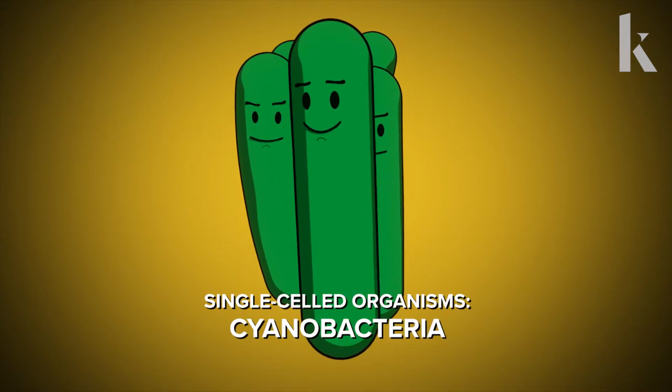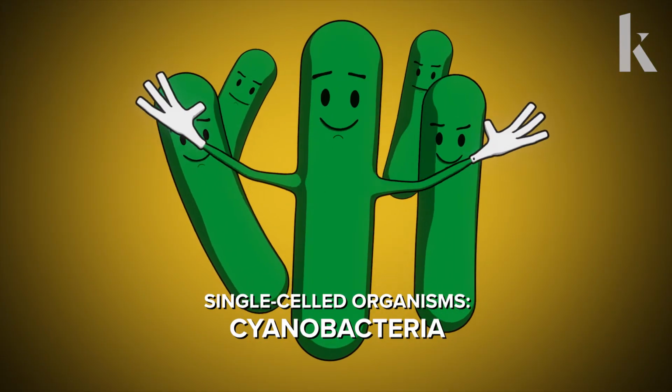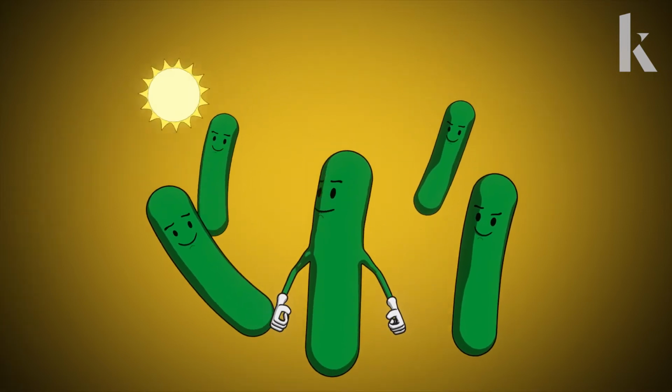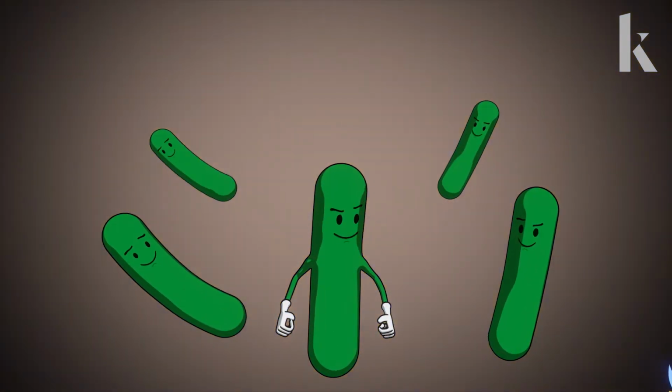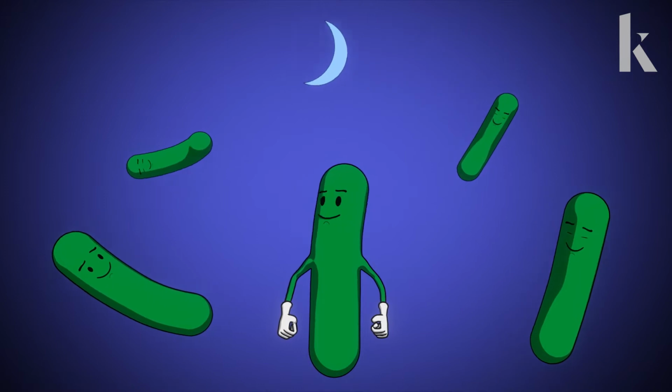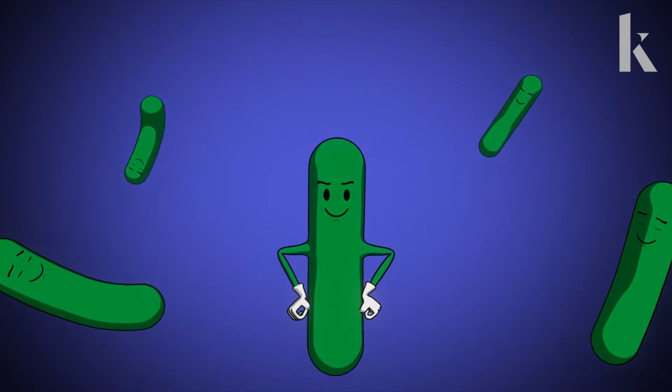One of the things that was really astonishing when biologists discovered it was that even a single-cell organism can also have a circadian clock. That's true for cyanobacteria. These are photosynthetic bacteria, and they need this clock because they alternate between phases when they photosynthesize and phases in which they fix nitrogen. And those two activities are incompatible. They can't do them at the same time in the same cell.